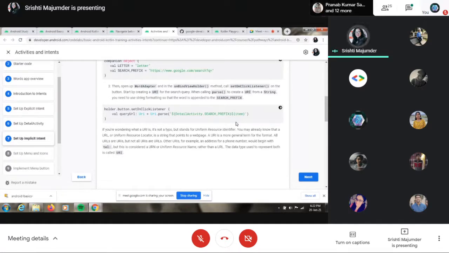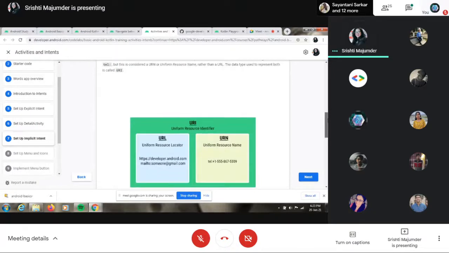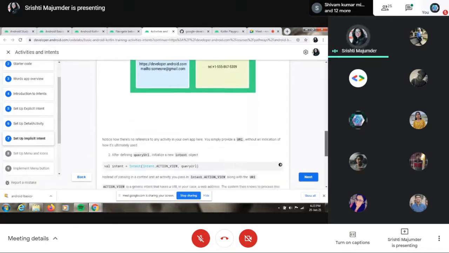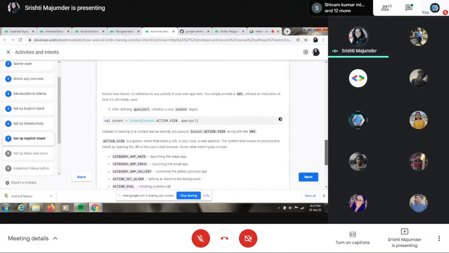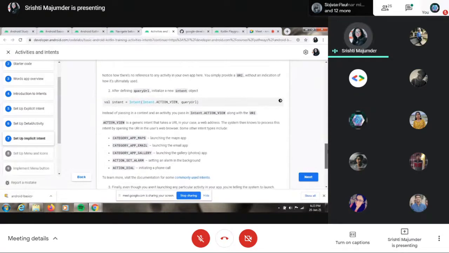So we declare it as a URL, dot parse, then inside, DetailActivity dot search. So this is it, and there's nothing else to say. The main part is done.